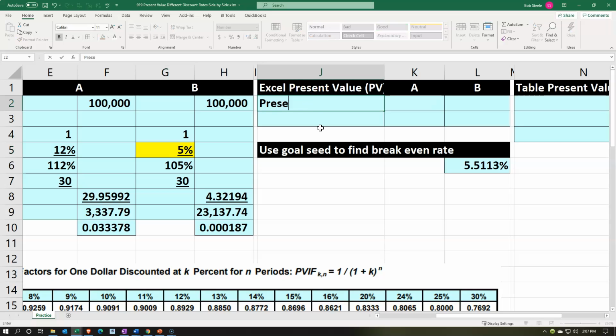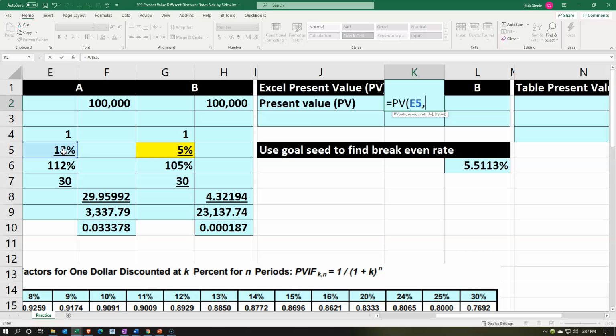So this is going to be present value, PV, and we'll do this with the two values. The first one's going to be the 12%. Actually, no, I got A and B right there, so I'll just do A and B. So this is then going to be equal to present value, double clicking on the present value. We're going to pick up the rate, which I'll pick up the first one. I'll just take that 12% right there,